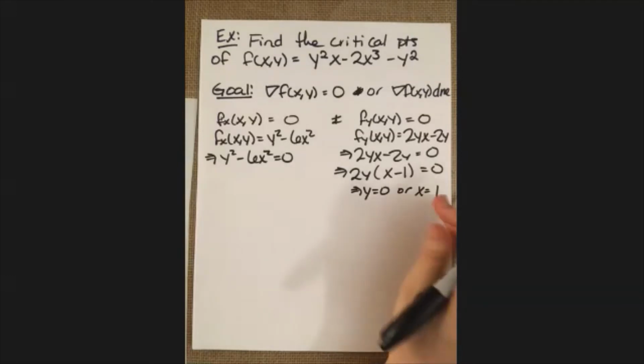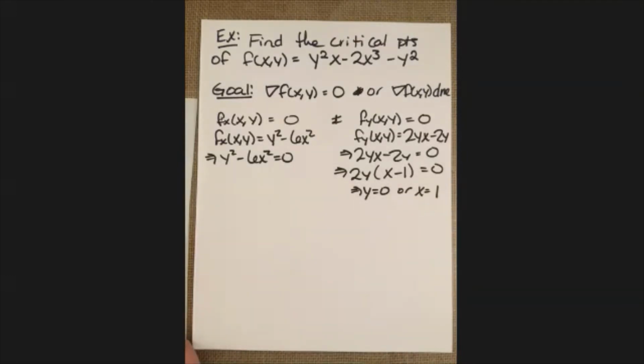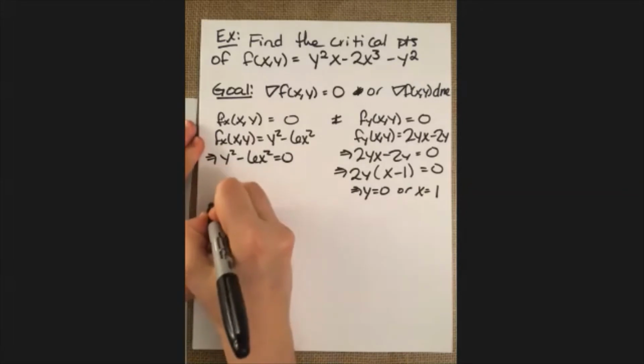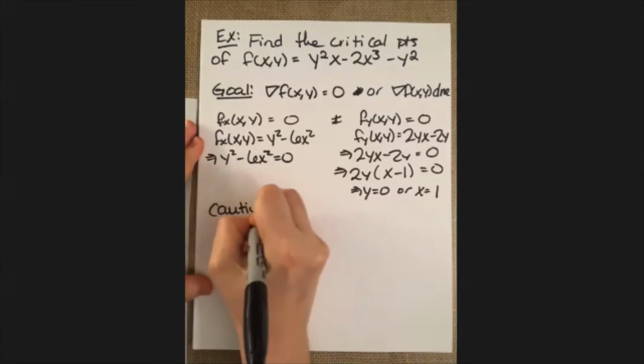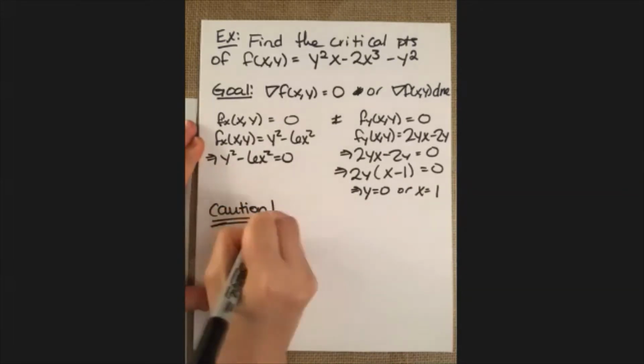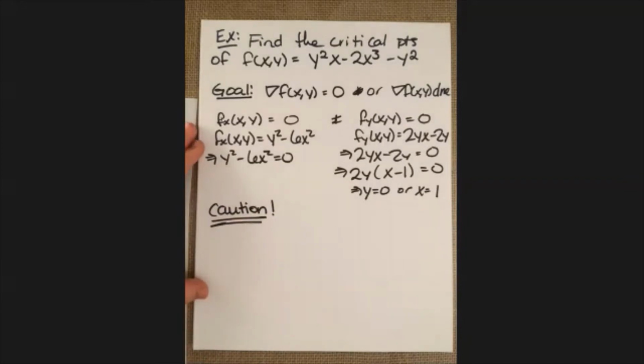So, well, we have an x component and a y component. What do we do now? Well, it's going to be really, really tempting to say, okay, let's stick them together in a point. But we absolutely cannot do that. Why not? Well,